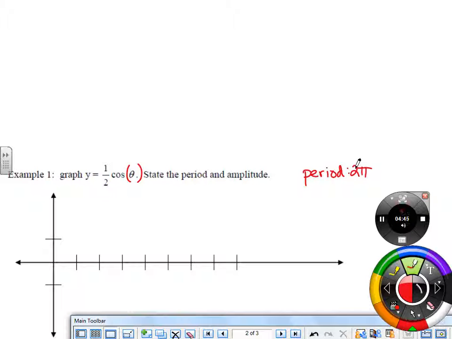That's going to affect the amplitude. So that's going to be vertically how high the maximums and minimums are stretched. Okay? So here, what it means when we know that our period is 2 pi is that